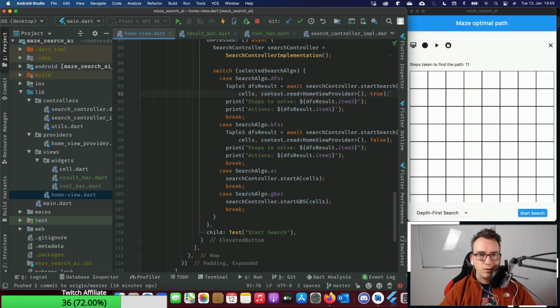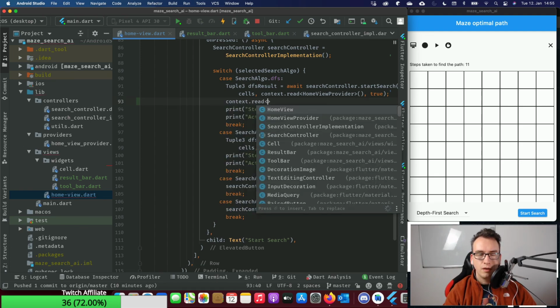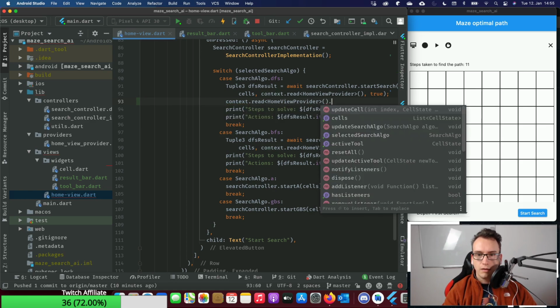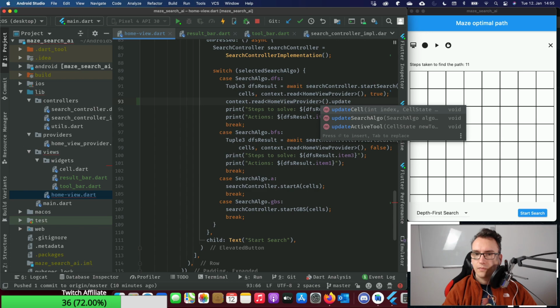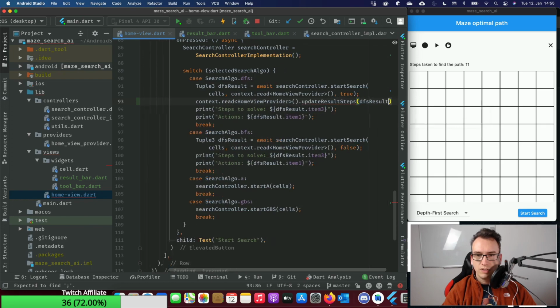So we would do a context.read of the home view provider, and then create an update result steps, and give inside DFS result item 3.